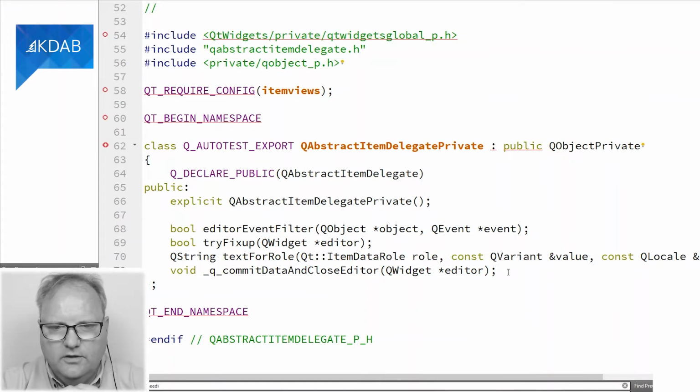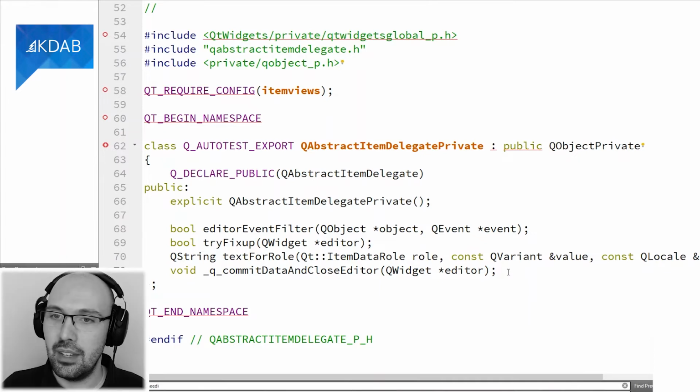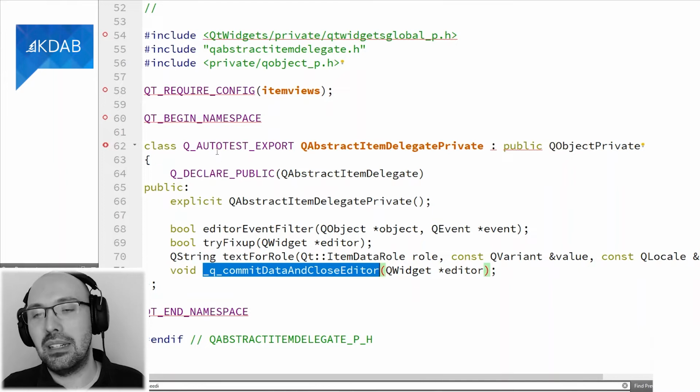I hope that makes sense. So you lost me here, Pepe. Why not just have that as a slot in here? Okay, so you say that sounds like a layer of indirection that I may not need. Why is this not just a regular slot, but in the private class?